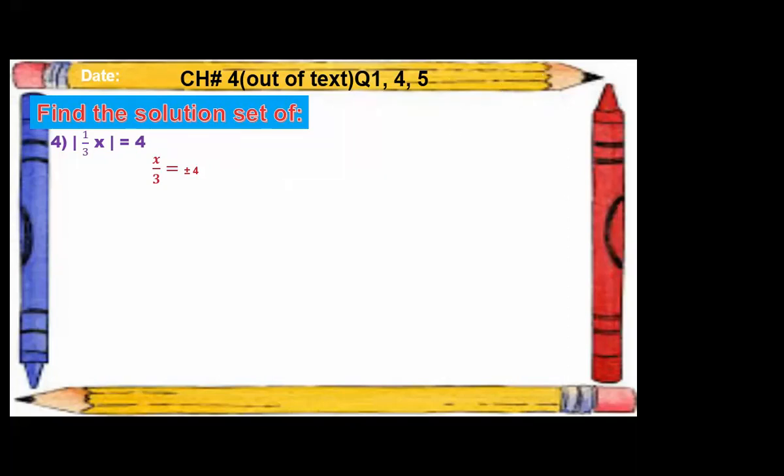Next question is on your screen. Question number 5. This is the last question we are going to complete. Now x minus 2 mod x minus 2 is equals to 6.